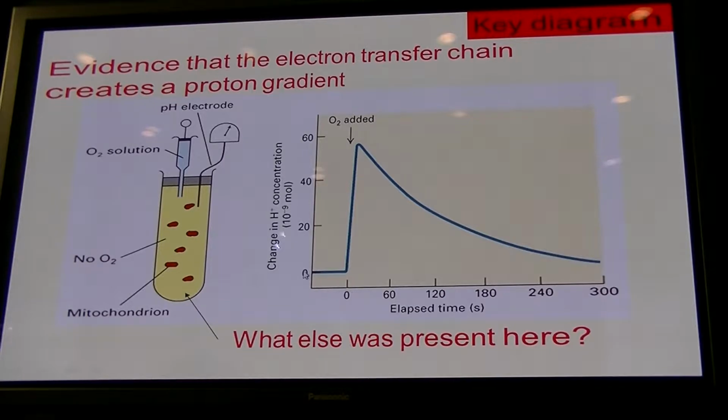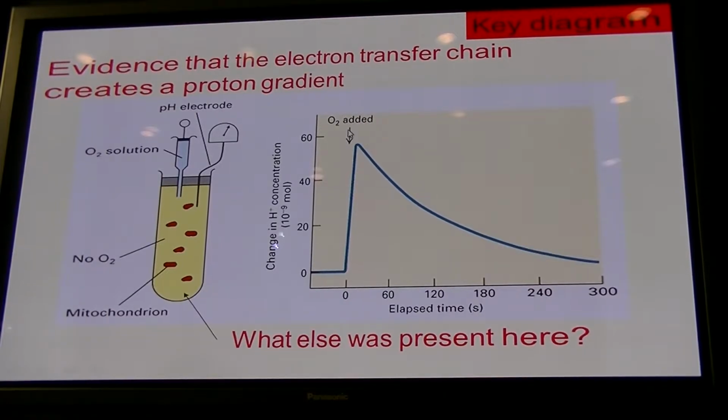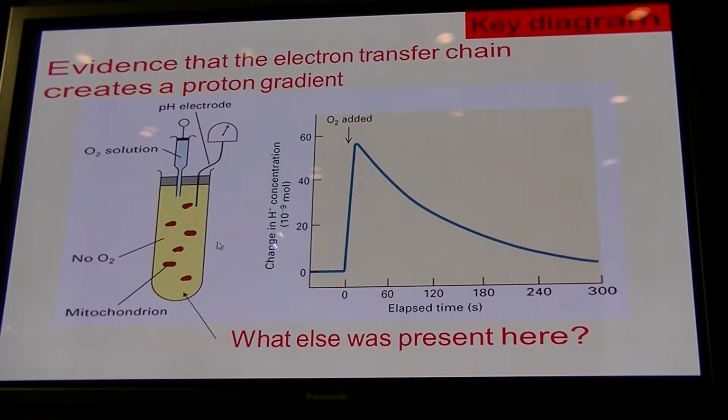And then you can observe that there is a change in the proton concentration in the medium by having a pH meter sticking in our tube. So this is a tube. The tube is closed at the top to allow the oxygen to stay in. And you can see a temporary change in the proton concentration in the medium, meaning protons have been moved out